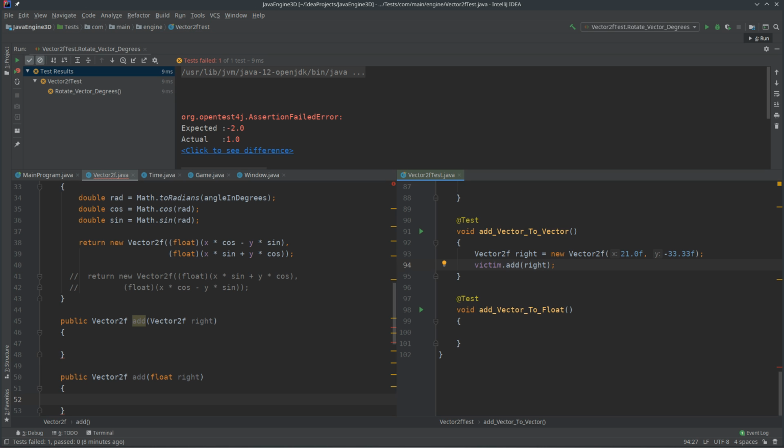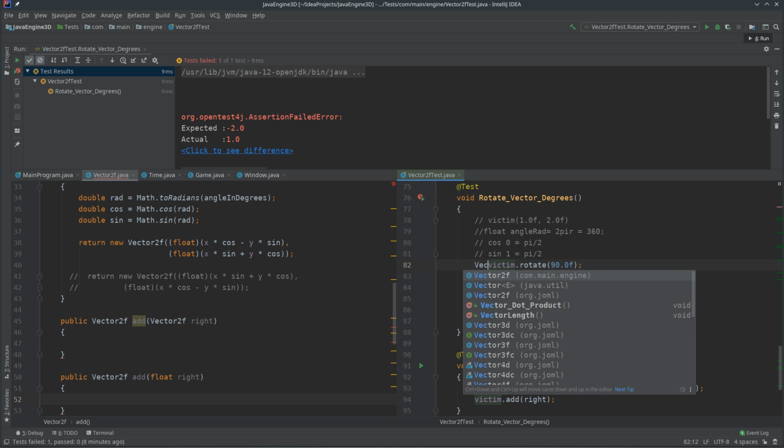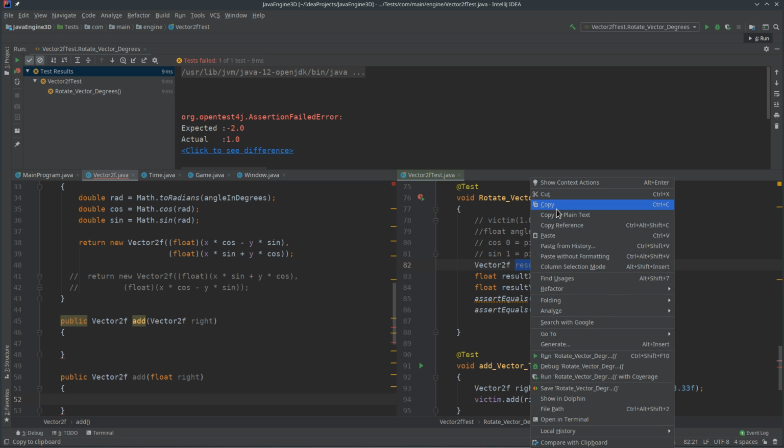Does that come out anywhere? Or do I just add it to it and use it straight? Is that where I went wrong here? Right. Vector 2f result equals victim dot rotate, and then all we do is put that, copy,